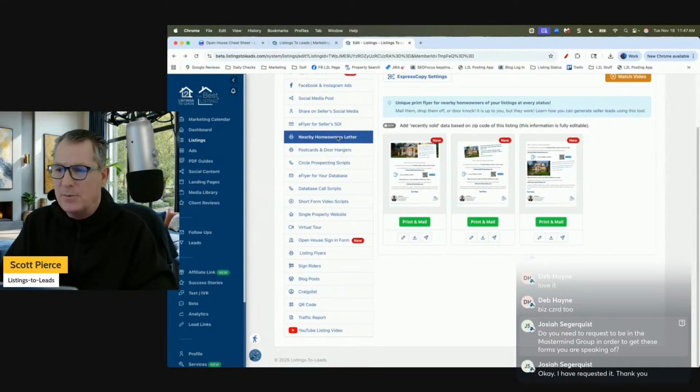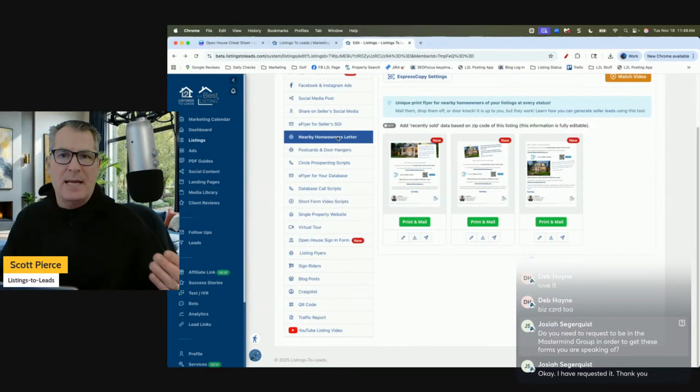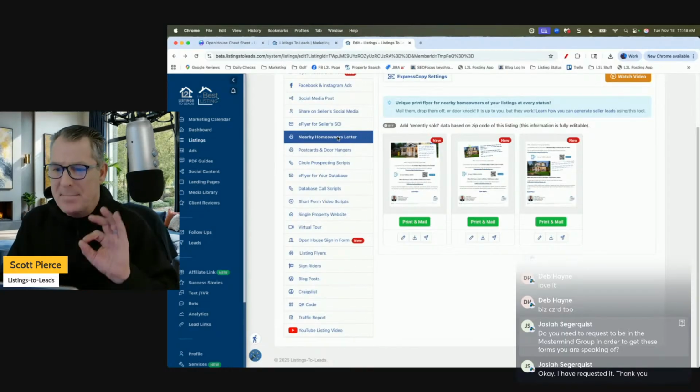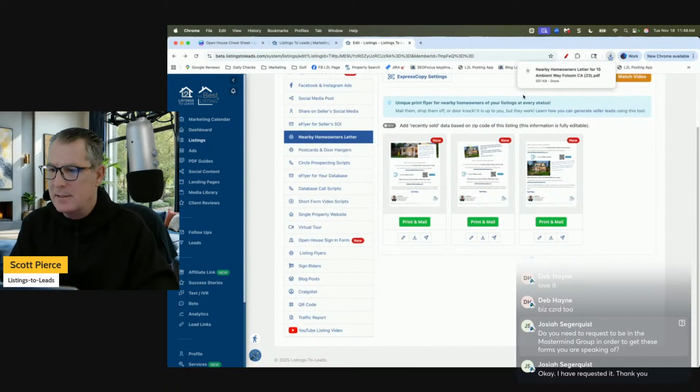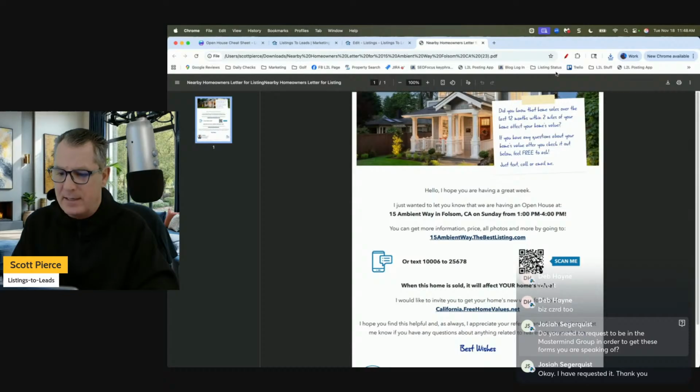This right here is one of the most powerful tools for getting listings. Some of our clients will use it at just listed or open house and then just sold. So it's phenomenal if you can use it a couple of times over the course of a listing. But at a minimum, if you're having an open house, it sits in the editor. And I talk about in some of the other training how you can edit this. And this can be an invite to a neighborhood preview. In its simplest form, just click download PDF, print up 100 copies,